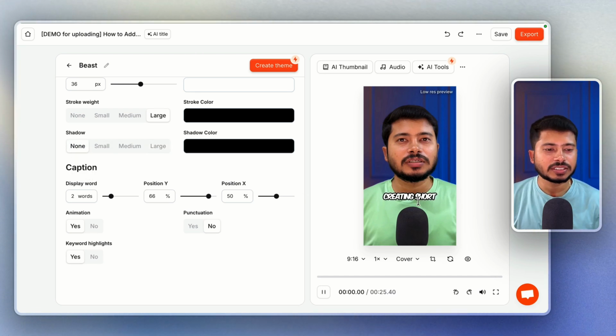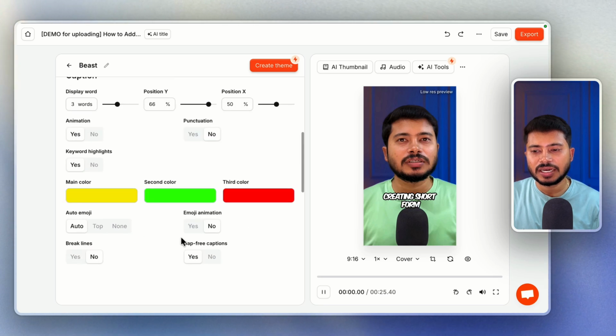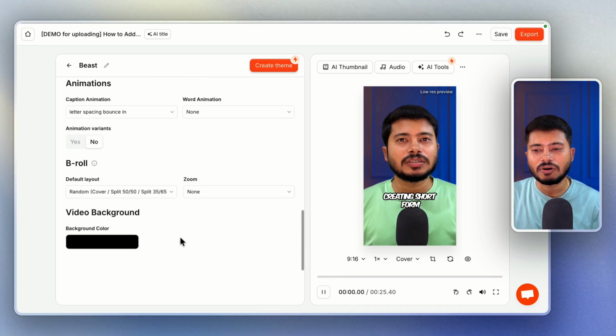And also you can decide how many words it should show at a particular time. As you can see, right now it is showing only 2 words. If I want that it will show maximum 3 words at a time, then I can change it from here. Okay, as you can see, I have added 3 words, so now it will add 3 words as you can see in every scene. And also you can disable or enable animation from here, and there are lots of options,